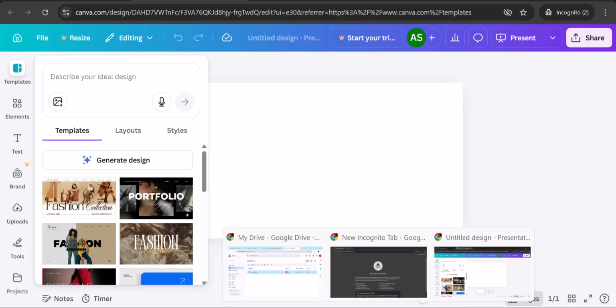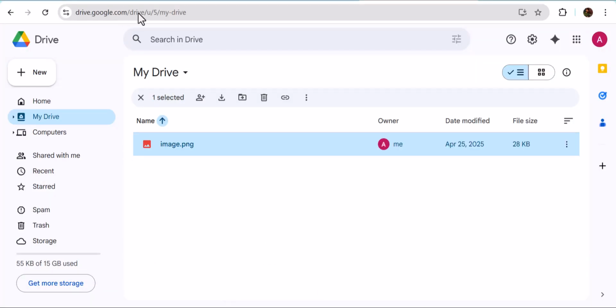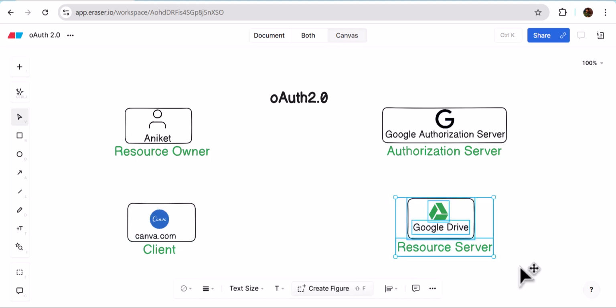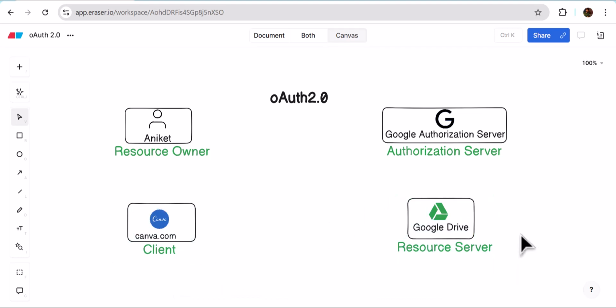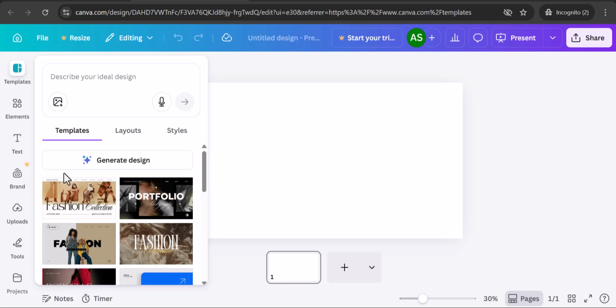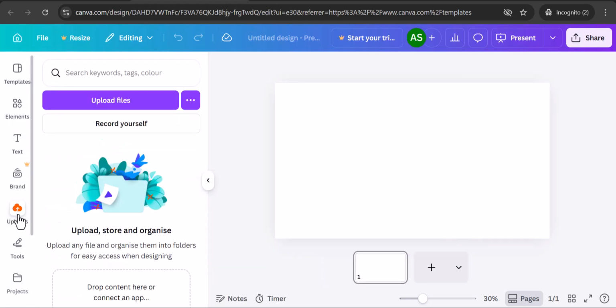So if I go back to this slide, what I'm saying is, in canva.com, I want to access the resource, the image in my Google Drive. What it means is, the client wants to access the resource in the resource server. That's what we are trying to do here. So let's go back to canva.com. Now let's go to upload. I want to upload that image. Either you can upload from your local desktop or laptop,